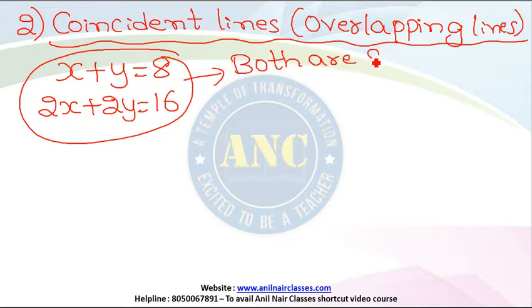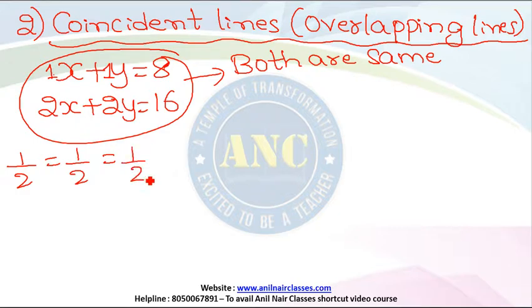There is no difference at all between these two lines, whatever I have written. That means, can I say that here a1 by a2 is nothing but 1 by 2, b1 by b2 is also 1 by 2, and c1 by c2 is 8 by 16, which is also 1 by 2. That means overlapping lines are nothing but, suppose there is a first line